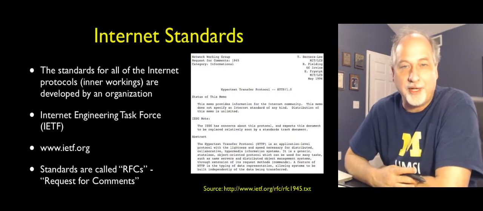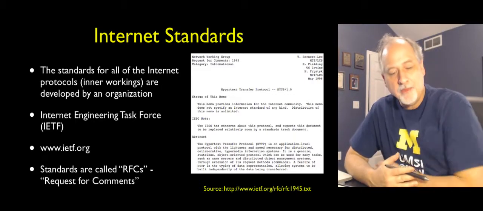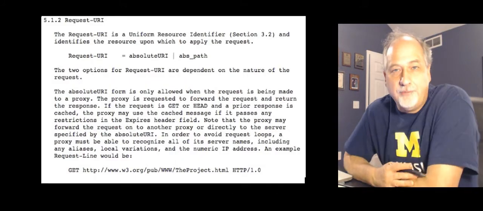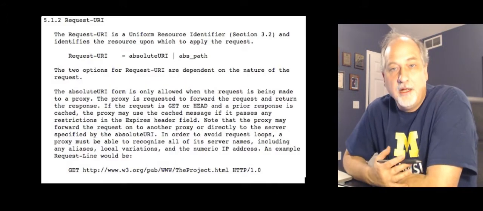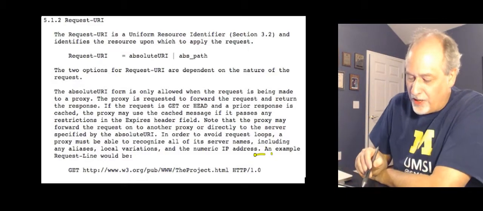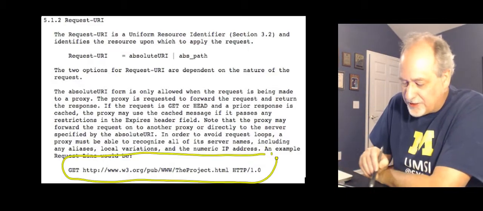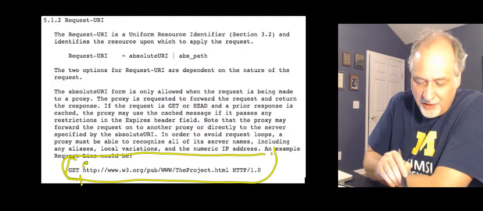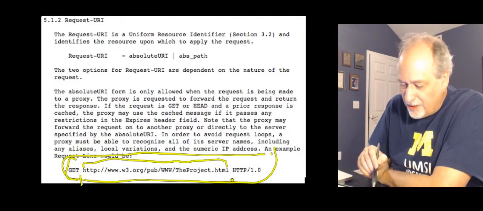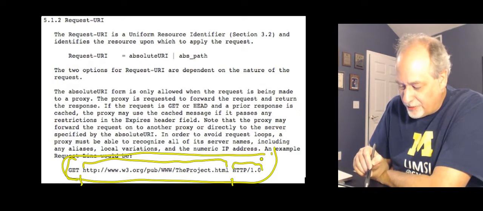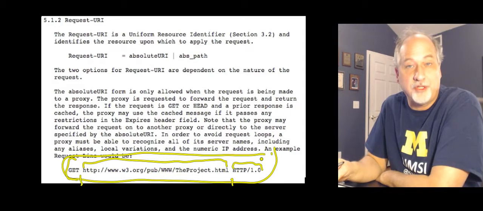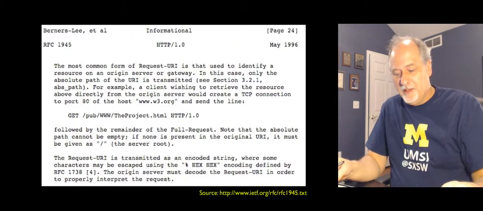Now, I'm sure there's more complex superseded versions of it. But if we read it and read it and read it, we spent a lot of time, we'd get down to section 5.1.2, and it would say, if you are making a request for a document, this is the request line. It has the letters GET followed by a space, followed by the URL you're looking for, followed by a space, followed by the version. Okay? So that is the rule. That is what you're supposed to send down this connection.